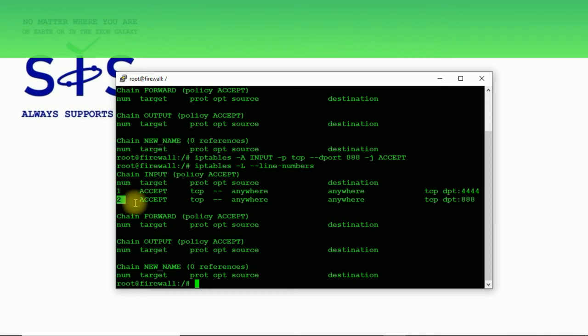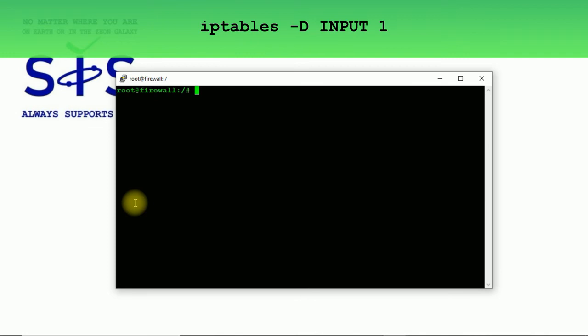Now if I want to, for example, delete the first rule or second, I can use iptables -D, name of a chain, and next, simple, I need to type a rule number, for example 1.